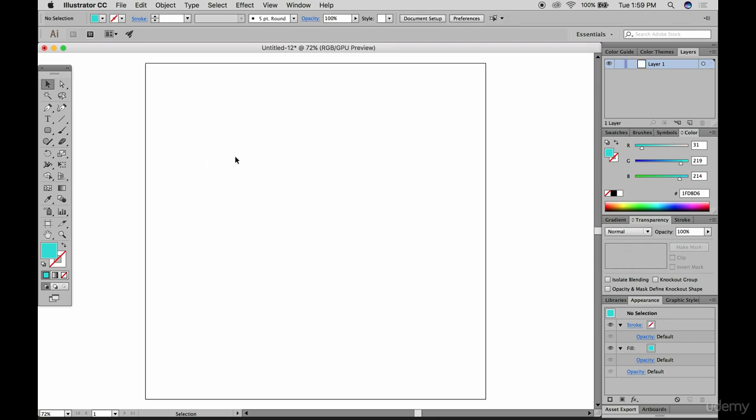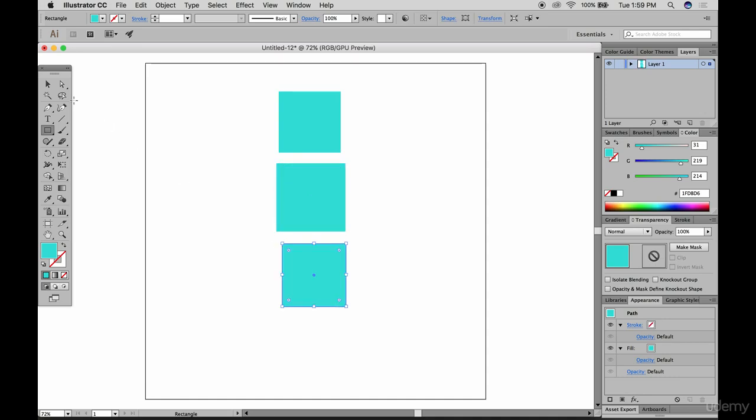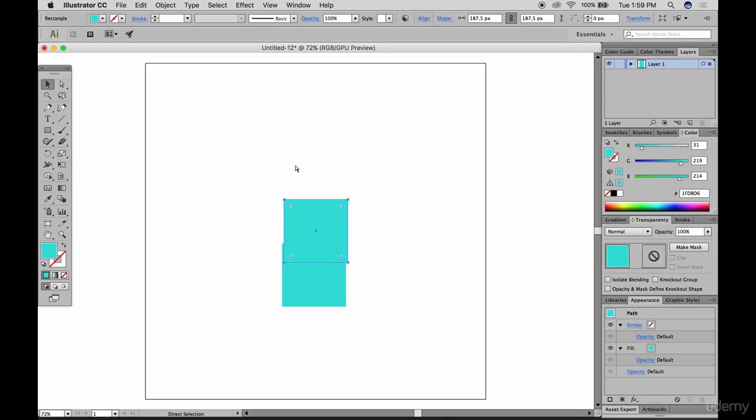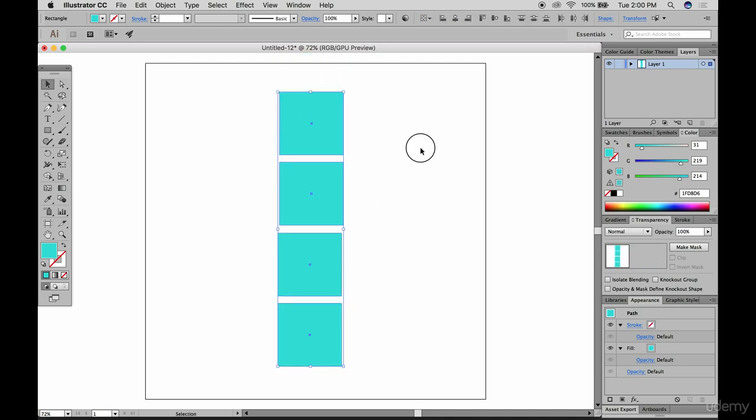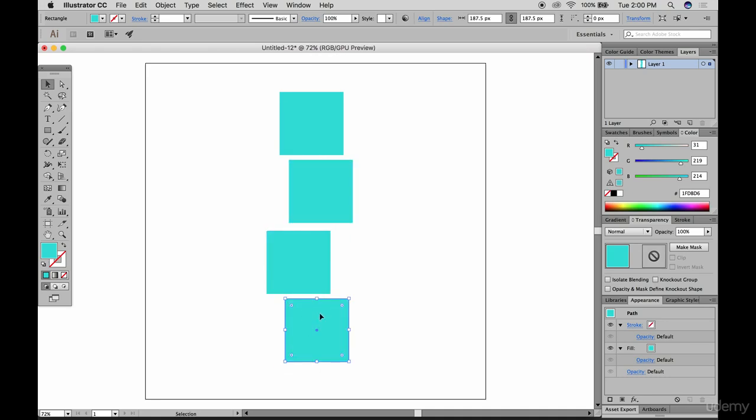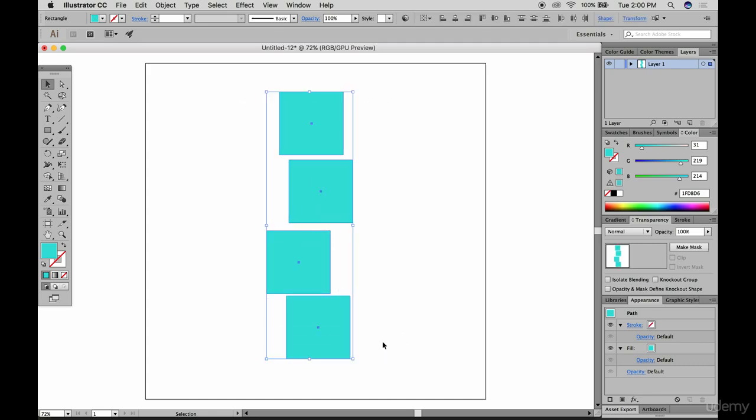Let's create a wide variety of squares, and we can show how we can easily align them. So let's create a couple of perfect squares here, just one after the other. And a great trick, if you want to have the same exact square size, is you can copy it. If you press Command C and then a new area, press Command V, you can create the same shape. So let's do that and line these up. So let's say, okay, they're off center a little bit. I want these to be perfectly aligned. So what you're going to do is select all the shapes,